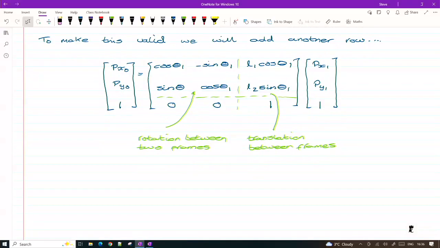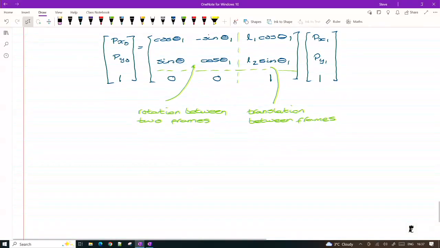So I've used the terms between two frames there because as we move past our two-link planar arm and we add more links, we add more frames. And we could have a situation when we have several frames, we start the one with the end effector, and then we work backwards through our robotic system, calculating the transformation between the end frame into the frame before it, into the frame before it, into the frame before it. And all those transformations are included within a matrix that describes the translation, rotation, or transformation between frames. And again, we're going to apply this to a few examples anyway, just to make it more clear. But the matrix that we come up with